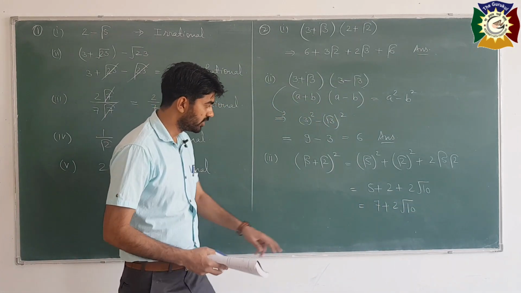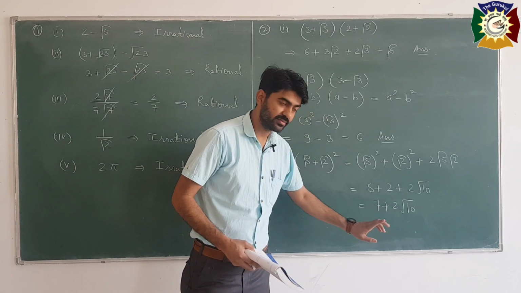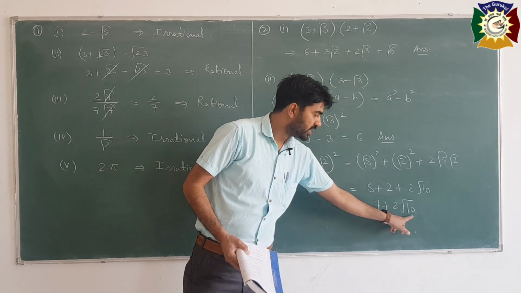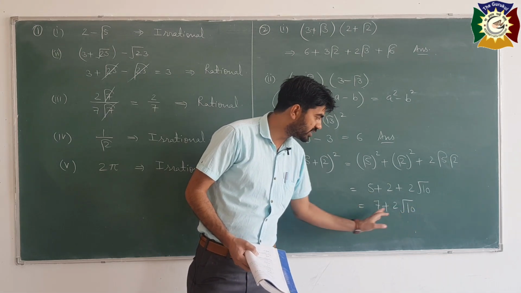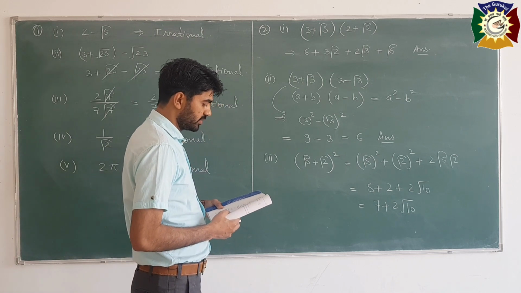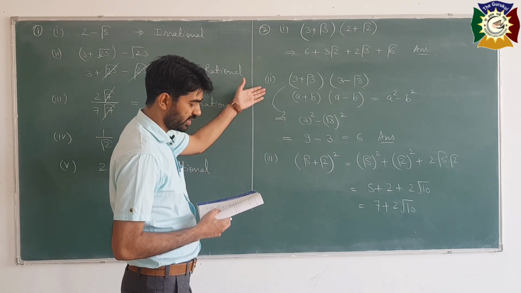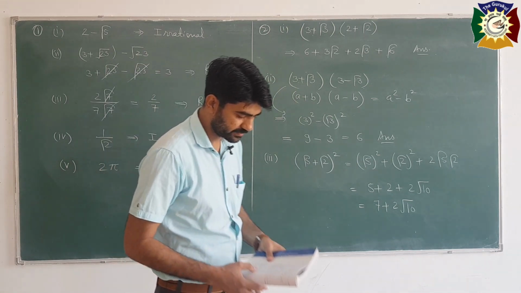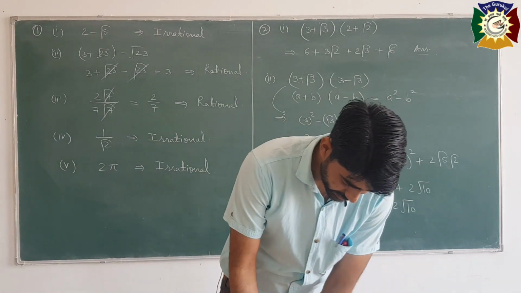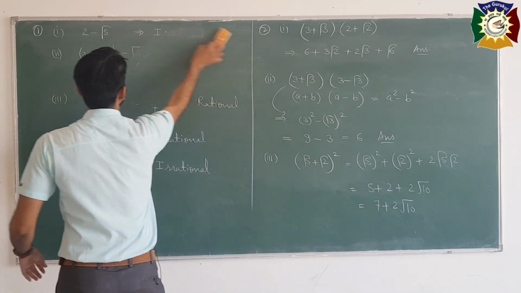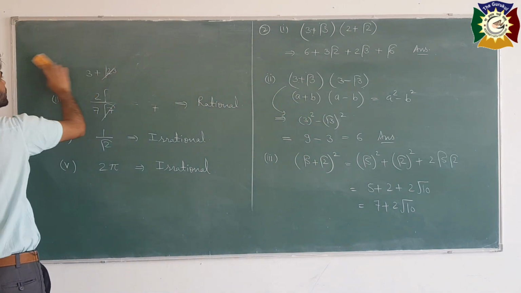Then we will not add this 2 in 7. This is a completely different number. As I said, consider this to be x. So this is 2x, it cannot be added to 7. Then the fourth part is similar to the second part. A plus b, a minus b, it is given. So this way only you can do the fourth part. Then question number 3. Let us see what question number 3 is.